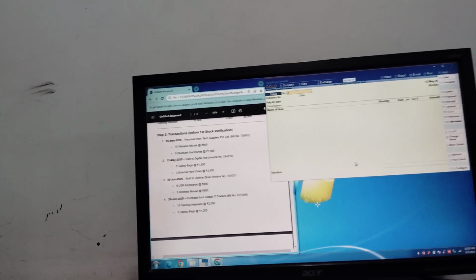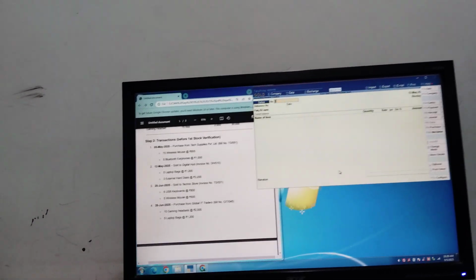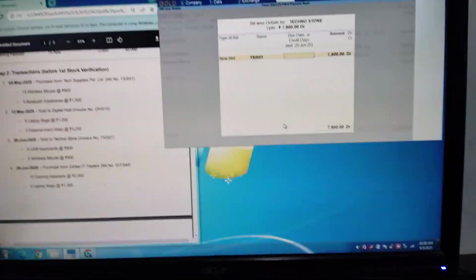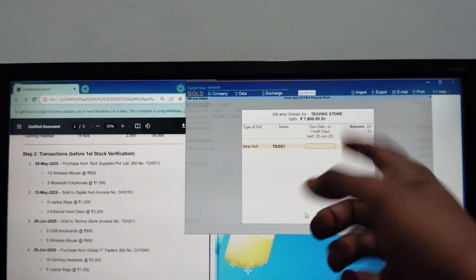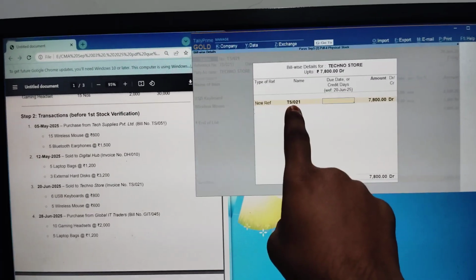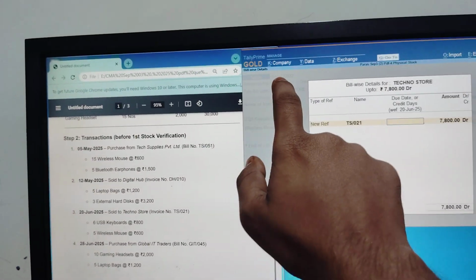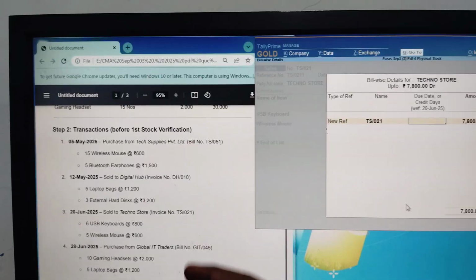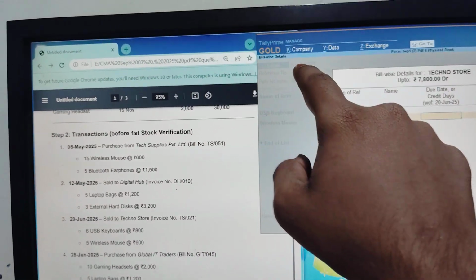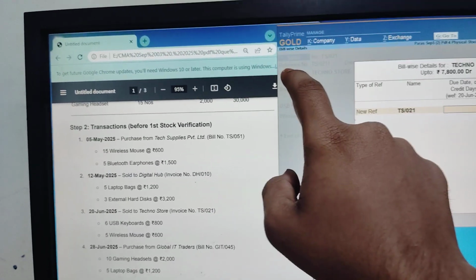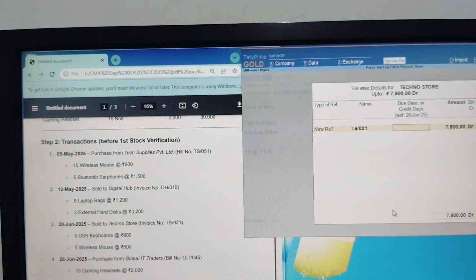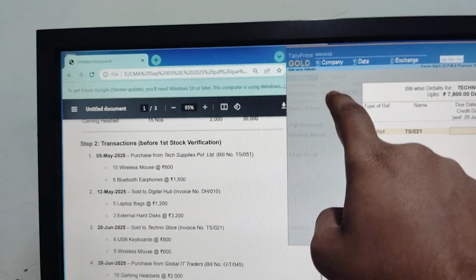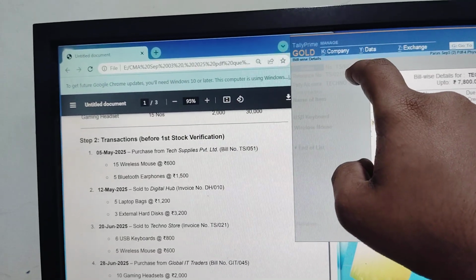We have done the first transaction and the second transaction. Now we will do the third and fourth transactions. At last we have to put this. Here it is showing TS012, and TS012 is given in the question. So when a bill number or invoice number is given, it is talking about that upper number, not the reference number. This number has automatically come from here. So we have to put only the upper one that we have edited,